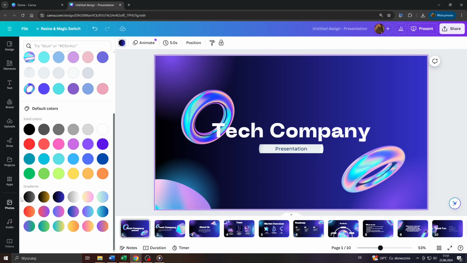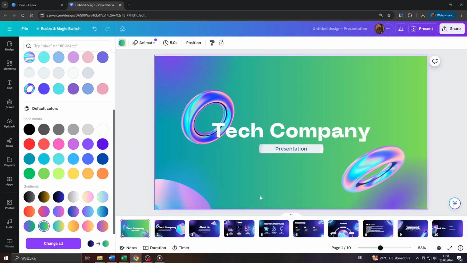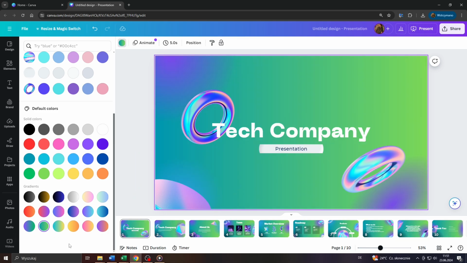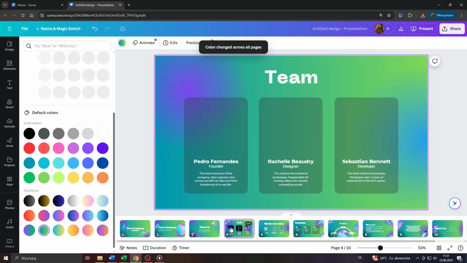that one here with a black and white color, or that one here with a dark blue and a black one, or a pink and yellow. Or click on the gradient you would like to apply, and as you can see, the gradient or color gradient has been added to all of your pages so that you don't have to do it page by page manually